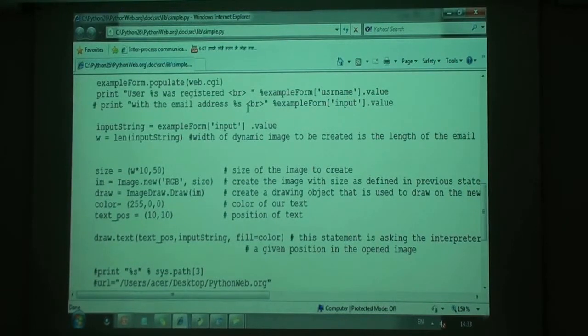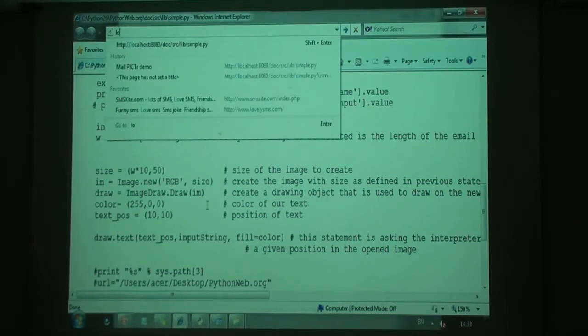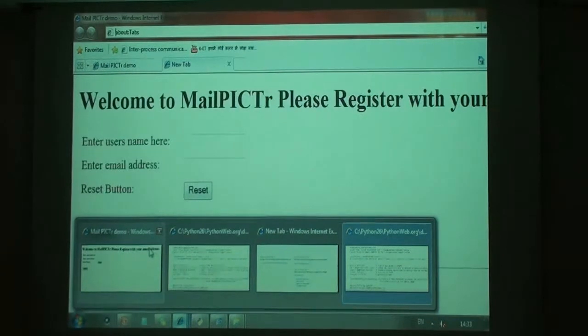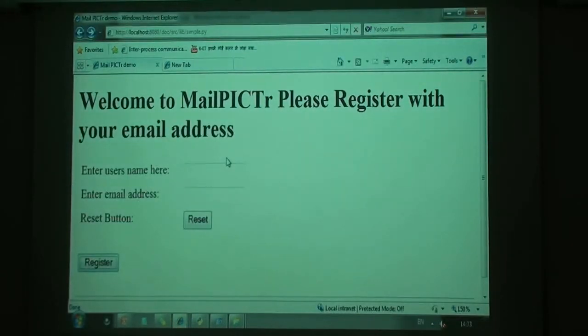Now I have already begun the server, and we will have a look at how this works. So this is the MailPicture demo, and the user can enter his name here. So I would enter my name Arun and an imaginary email address.